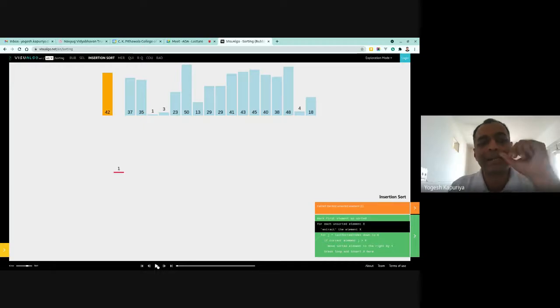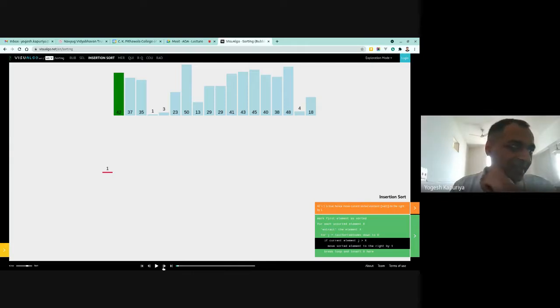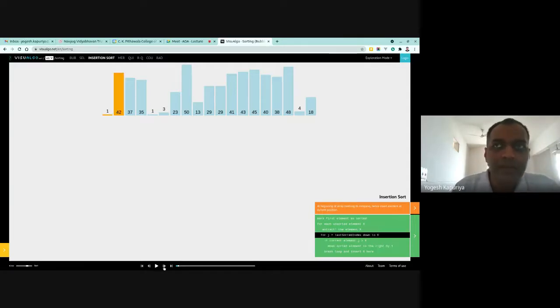Okay. So insertion sort we are discussing. First, we'll start from the second position. My second position will be my key element. So 1 is the key element. That will be compared with 42. Because 42 is greater than the key element, you will shift 42 to the right. And once you reach a position either at the beginning of the array or you find an element which is less than the key element, at that point you will insert the key element. So that's why we have inserted 1 at the first position.